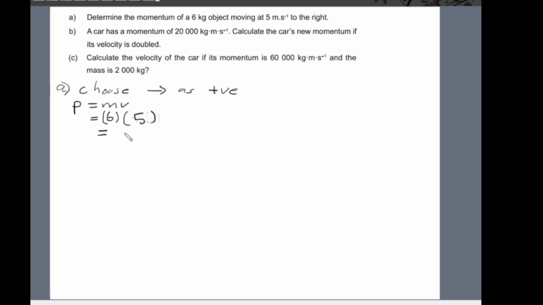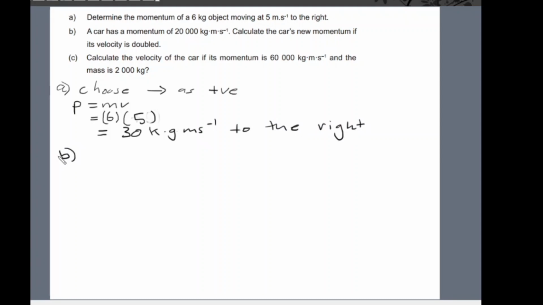So for A we have 30 kilograms meters per second to the right. That is the momentum there, right? And then question B